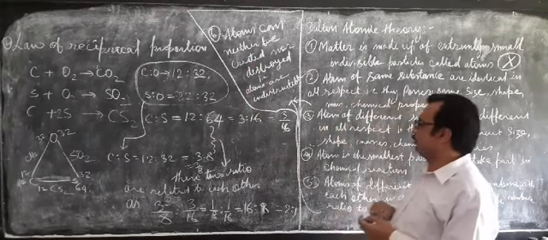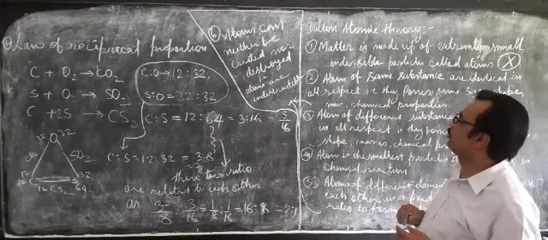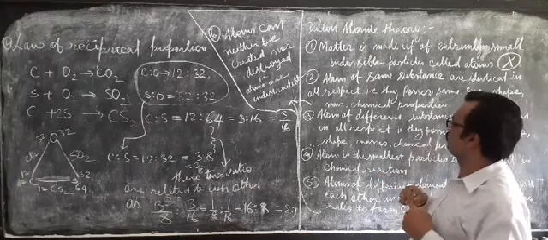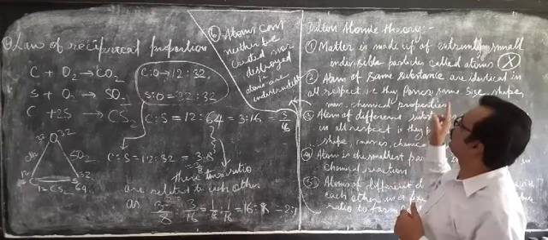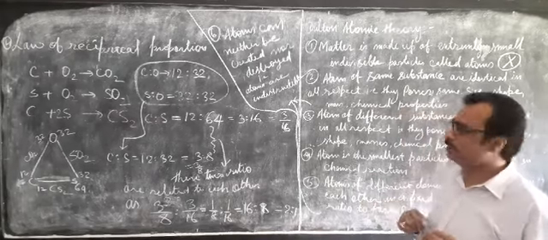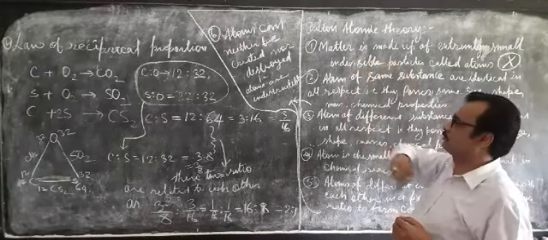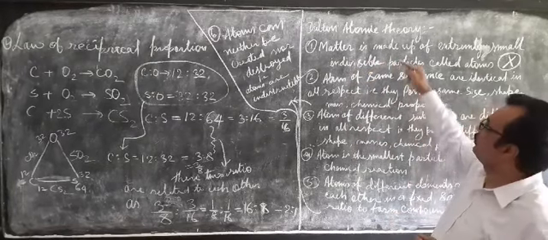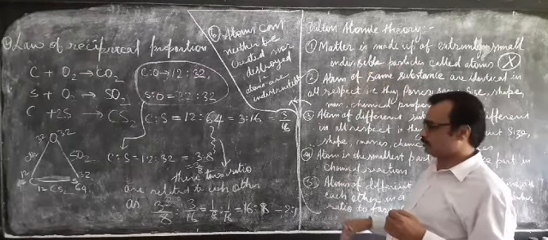So even today, all the laws of chemical combination are followed by Dalton's atomic theory. That's why even today Dalton's atomic theory is relevant to us. So we have to note only one assumption, that is the first one, that is incorrect. So we will remove this one and all other assumptions are correct.